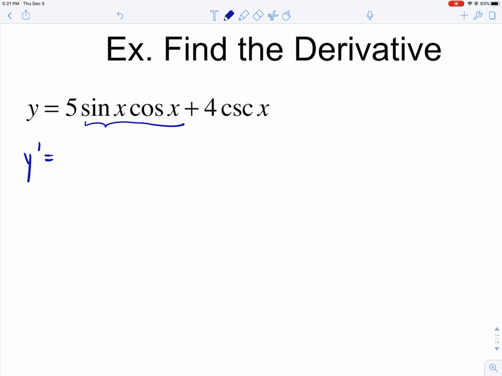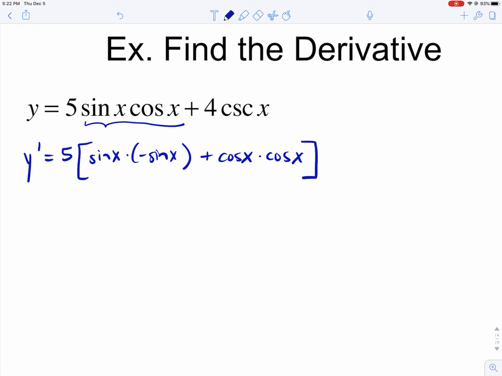We're just going to leave it as is for this one, but we're going to need to use product rule to find the derivative of sine times cosine. So first factor times the derivative of the second, which will be negative sine, okay, plus the second factor times the derivative of the first,